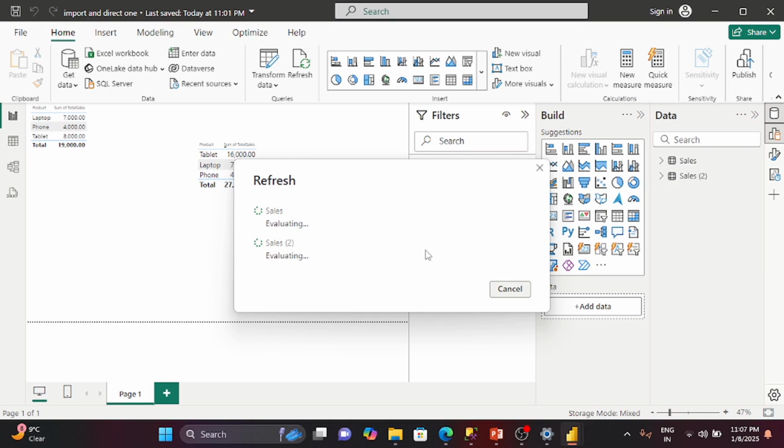Import mode and direct query mode will now have the same information because I'm performing a manual refresh. And for scheduled refresh, if you are able to publish your report to the Power BI service, you can configure the settings there and schedule your refresh daily, monthly, or weekly as per the requirement, even at any time that your requirement is. So, hope the scenario is clear and you can go ahead and practice with large data sets